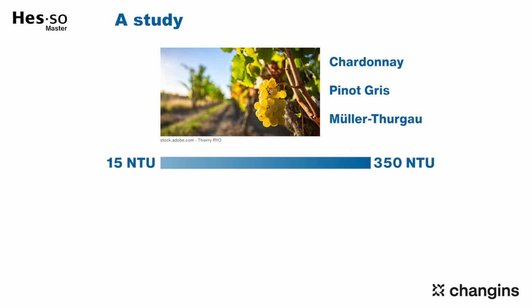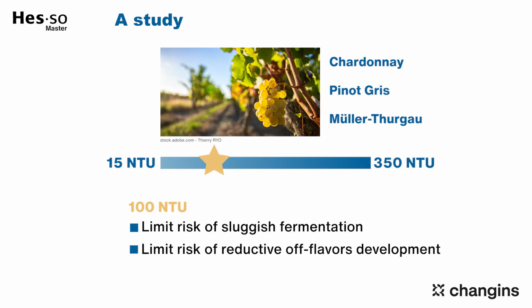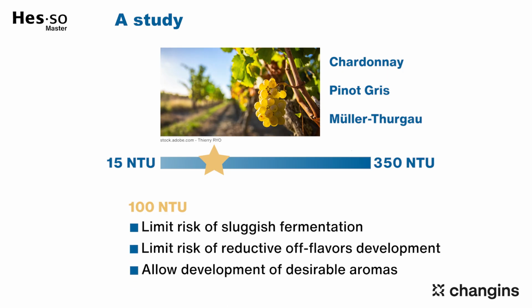The results indicate that turbidity levels just below 100 NTU represent the best overall compromise. At this level, clarification is sufficient to limit the risk of sluggish fermentations and reductive off flavors, while still allowing for the development of desirable fruity and fermentative aromas. The authors further note that slightly higher NTU values may enhance aromatic complexity. In practical terms,